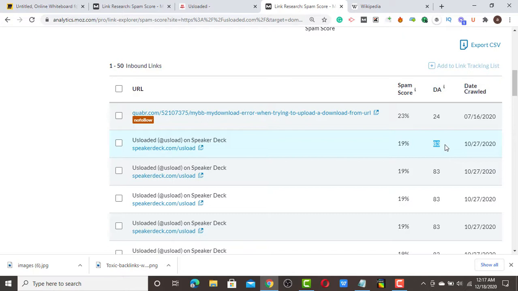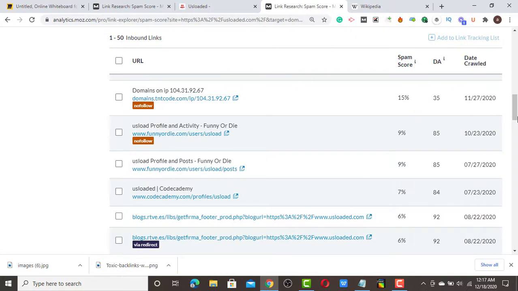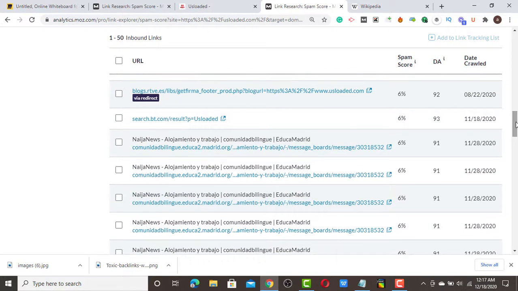To disavow this kind of link. When you disavow this kind of spam link, you are going to make your website drop in ranking. Okay, and also this kind of link can pass link juice. Any link that has a higher DA but with a maximum spam score of 30 is still okay to link to your website. Any DA 90 something, 50 something, that has a spam score of 20 something, that kind of site can still pass link juice to your website.